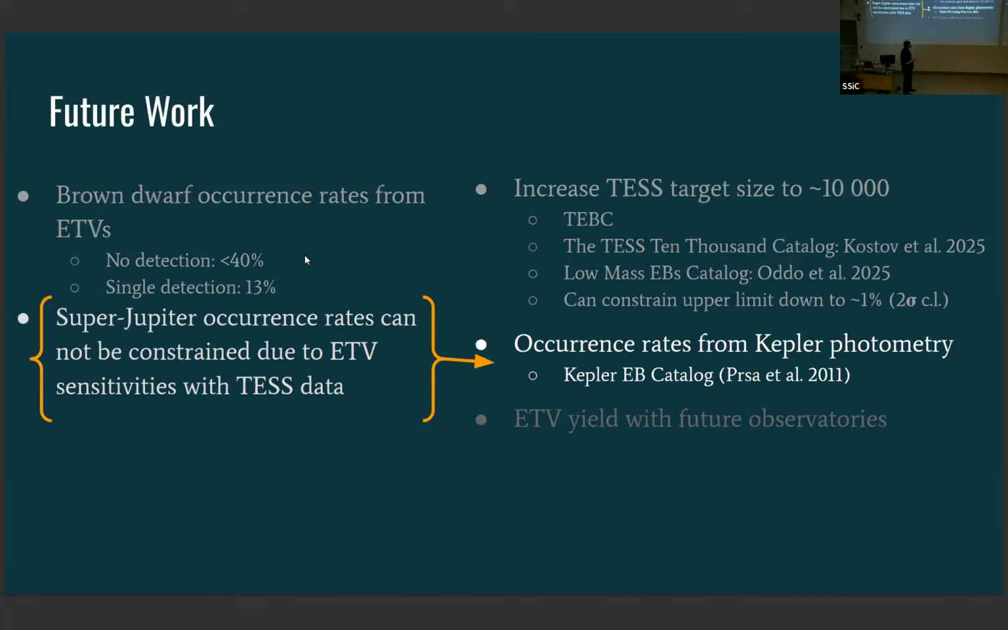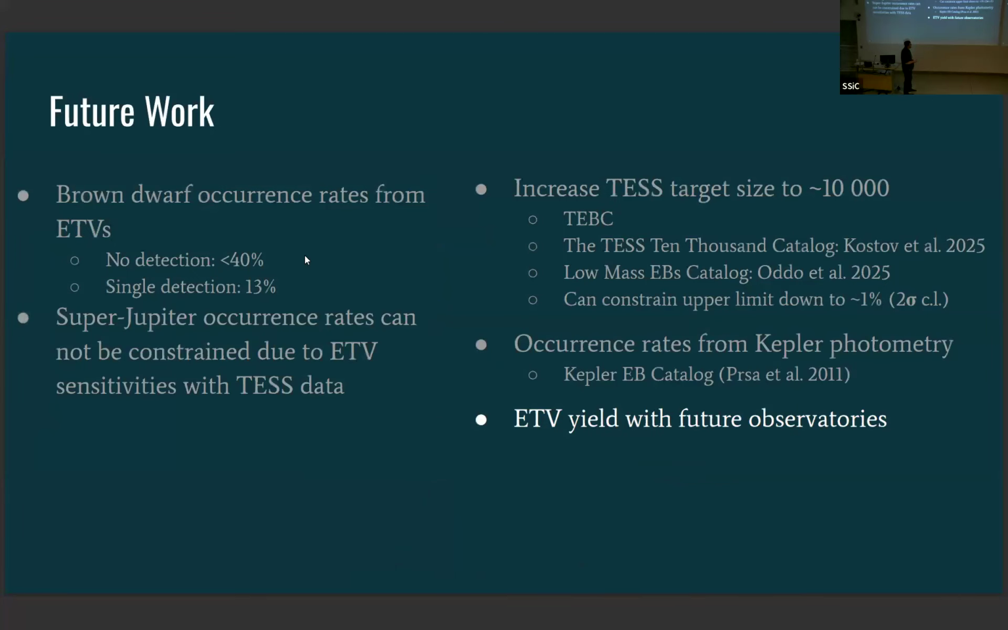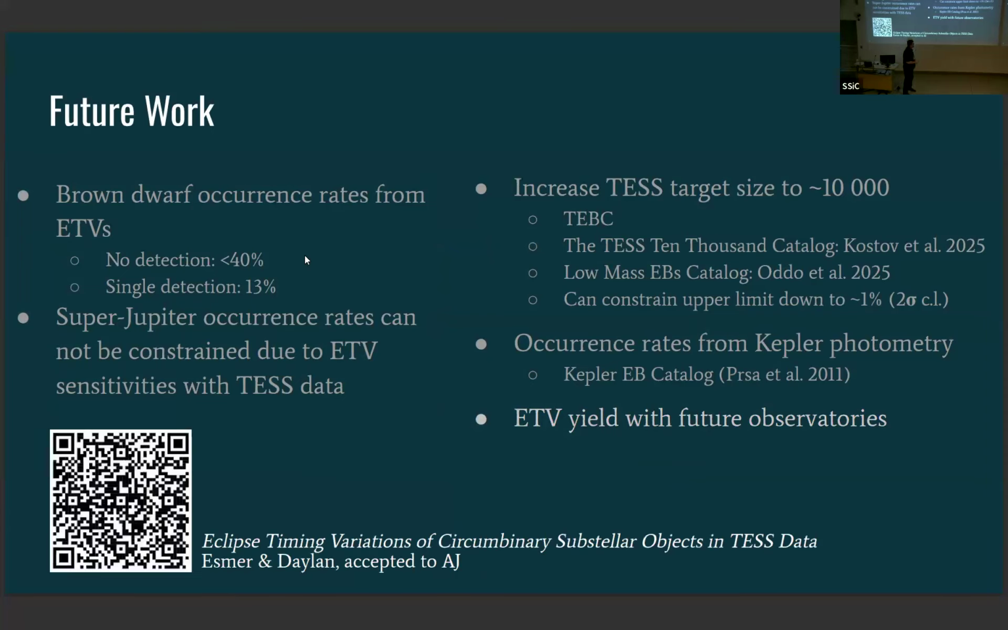And for super Jupiters, since TESS photometric precision is not enough, we'll go back to another source, which will be the Kepler photometry with higher precision. And we are planning to determine the ETV yield for future observatories like PLATO, and maybe with a combination of Vera Rubin as well. And most of the things that I talked about here were accepted for publication in AJ,